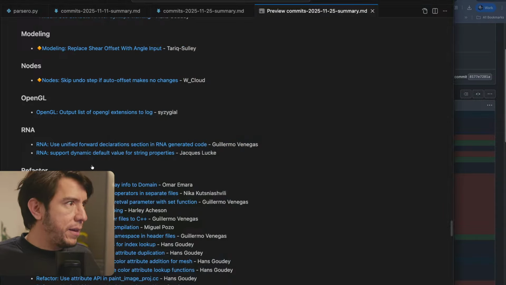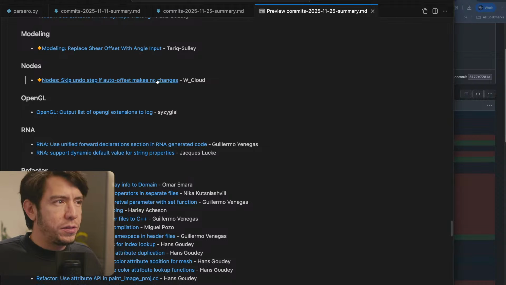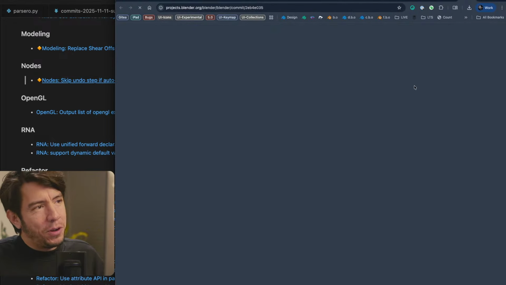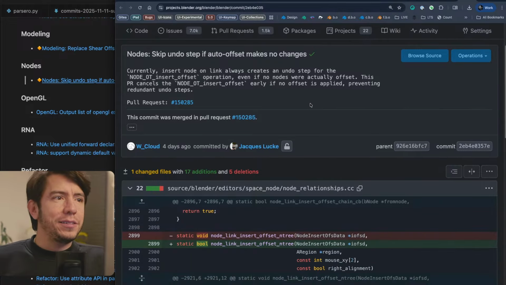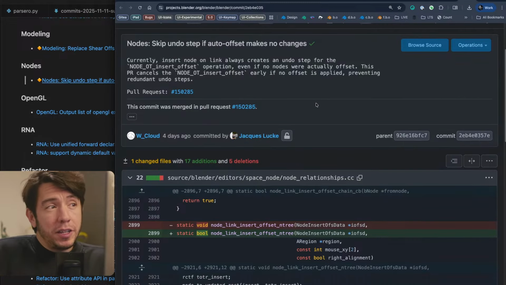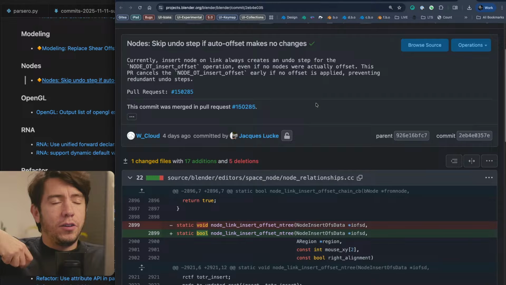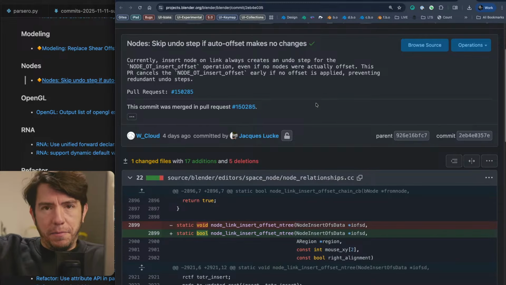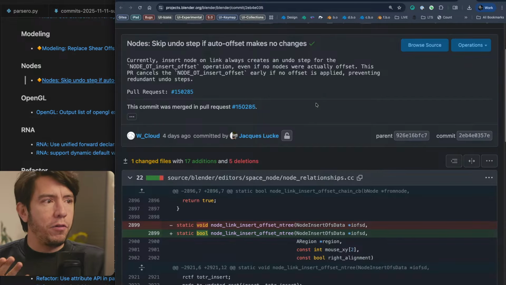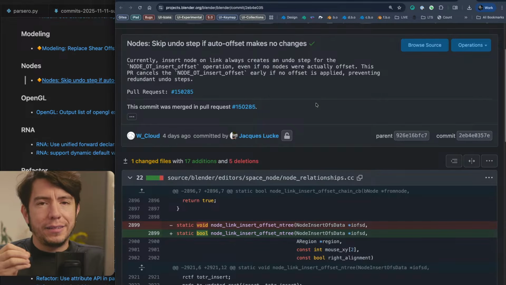Let's see. What else? And for nodes, another very small change, quality of life improvement also. I don't know if you've ever noticed, but when you drag or when you add a new node, it also offsets other nodes if there is not enough room. The thing is that this adds an undo step.